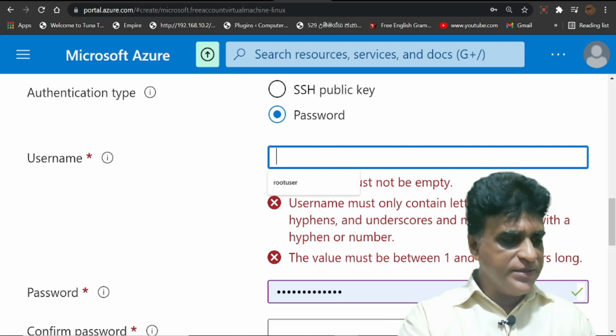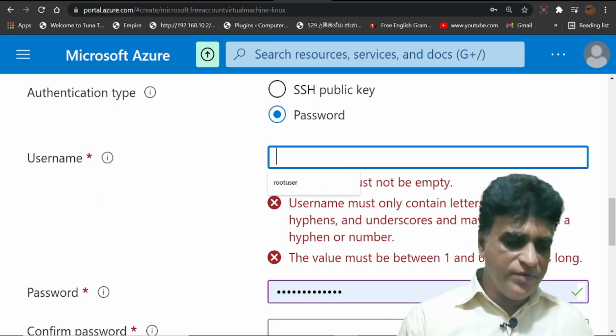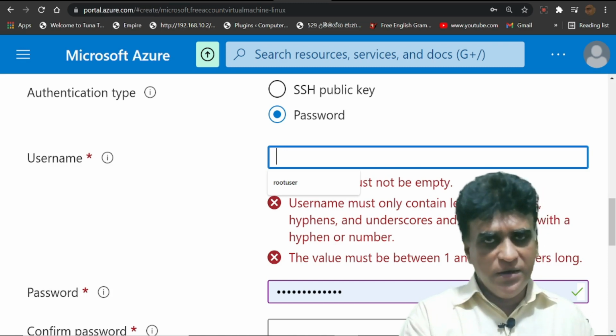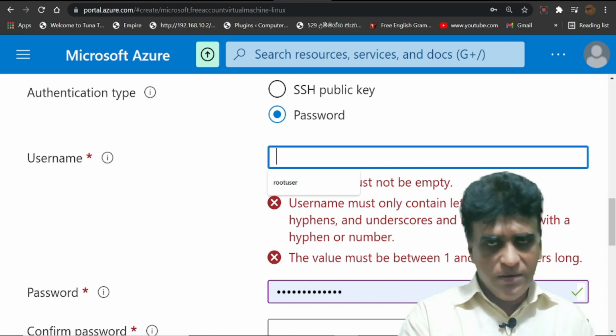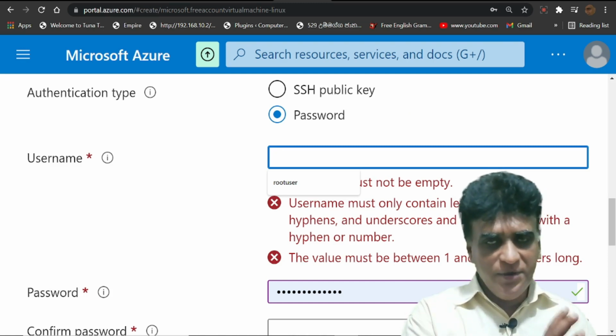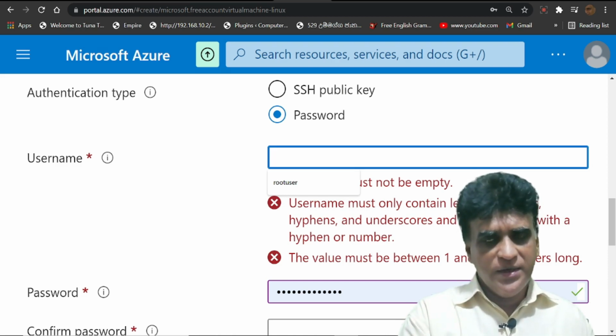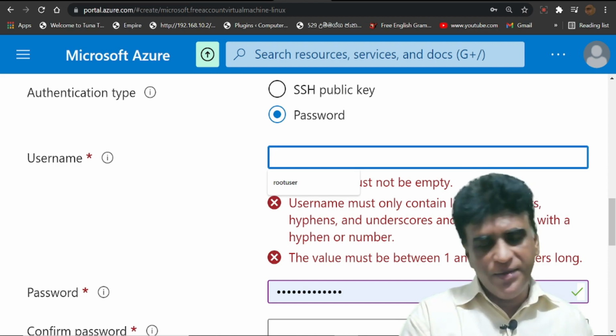There are some compliance rules. You can't use reserved words. Reserved words are words used in Linux that we can't use. As an example, root is the inbuilt administrative user account, so we can't use that name here.